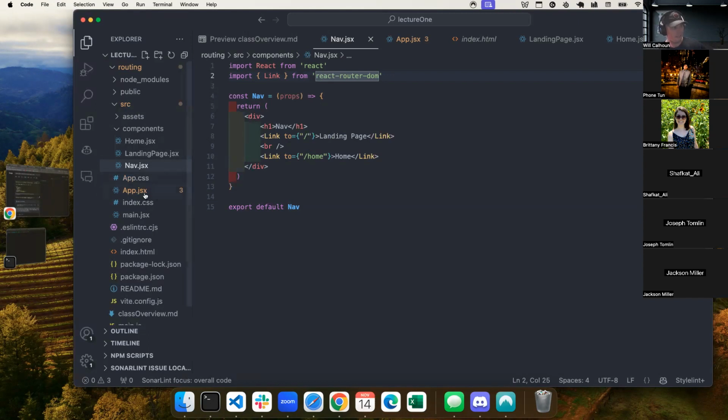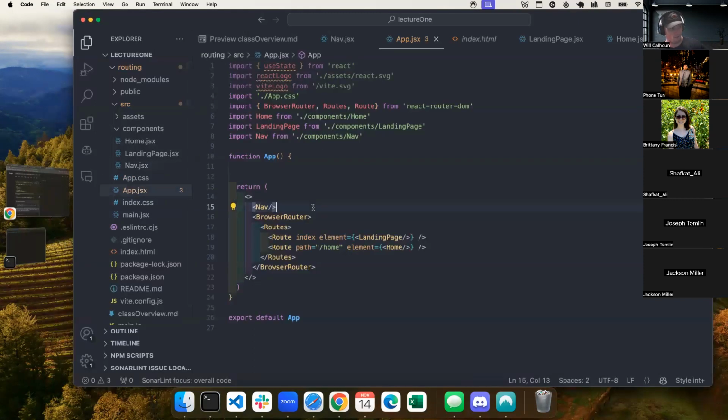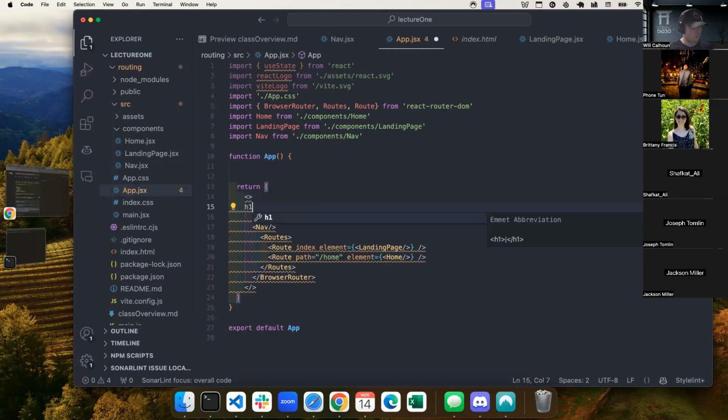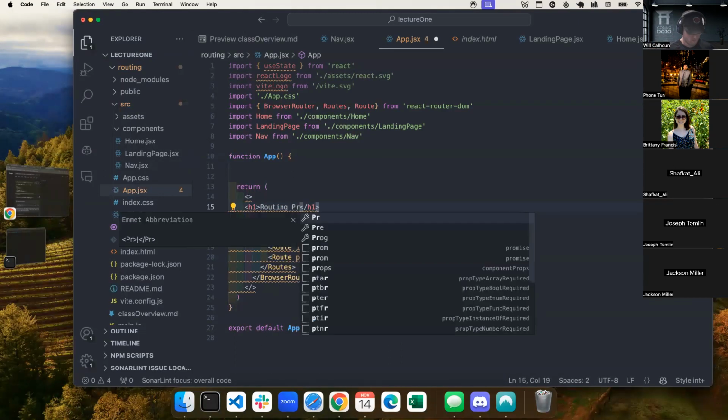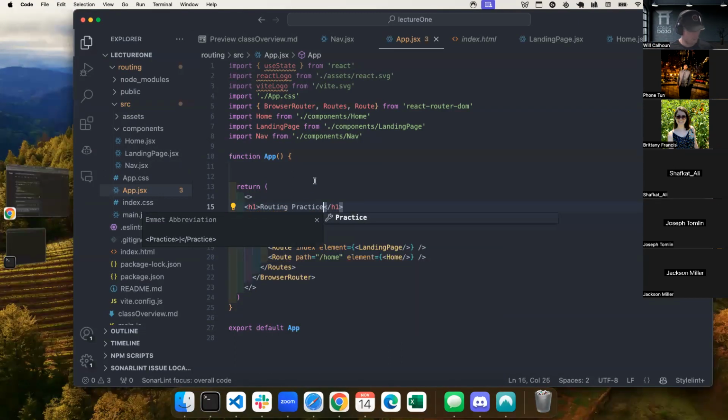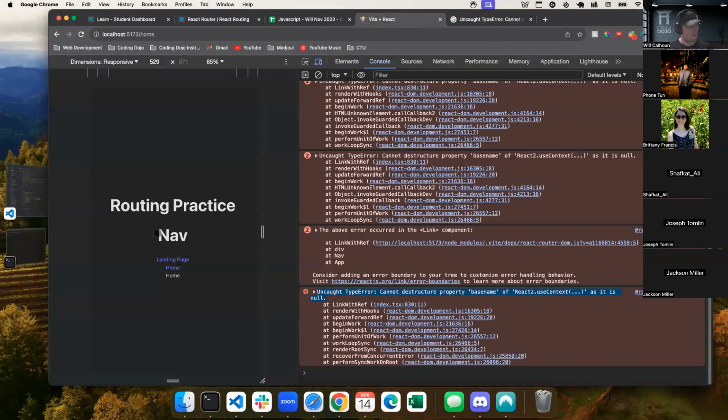And because my nav is using link, which comes from that, and that's outside of my browser router, it's giving me an issue. If I put something like my H1 called routing here, just to make that ugly yellow go away, and I come here, I get no errors.